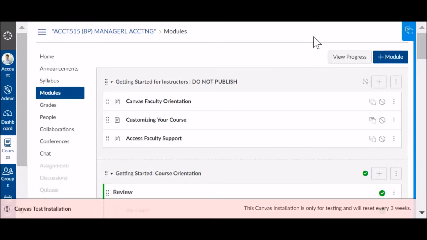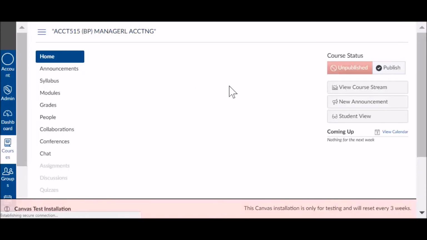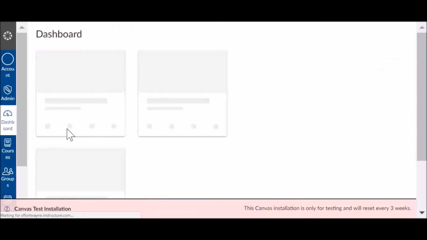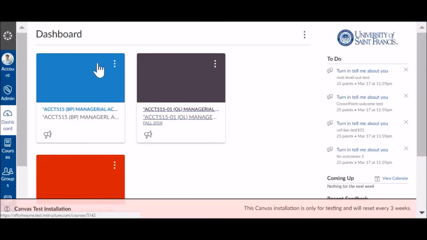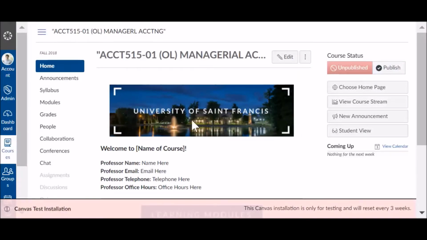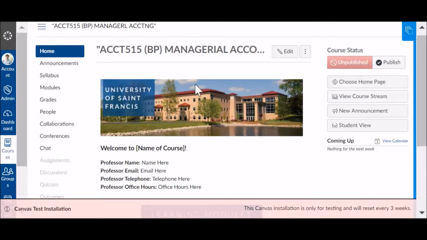So finally, we've made some changes, right? We changed this banner image on the home page to JP2. If we go back to the associated course, you can see that the associated course did not automatically change. We know we're in the associated course because it says OL. We still have the night picture of JP2, but now we want the day picture of JP2. So what we're going to do is come up here